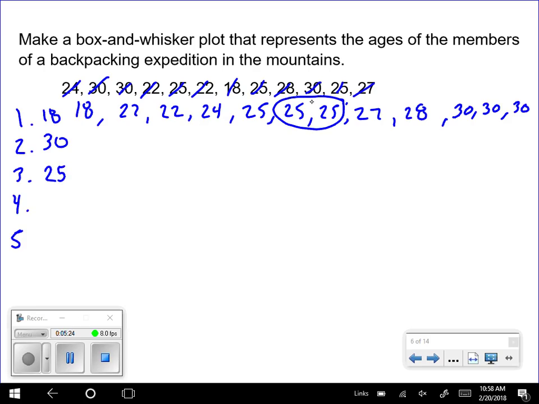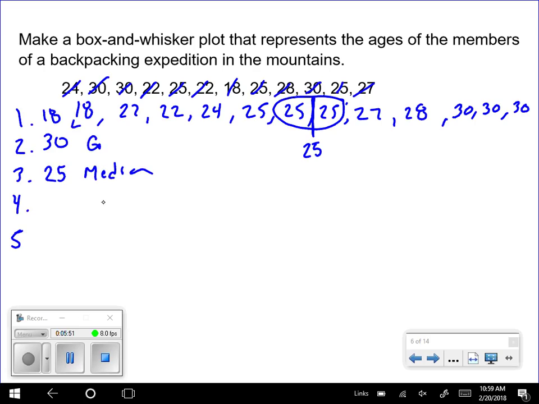Okay, now, this is important. When we have an even number, whenever we find our median in the middle there, technically, this 25 is included in the lower half of the data, and this 25 is included in the upper half of the data. Normally, the median is not included in either, but if we have the middle ground, we have to include those both on both sides. So now, this is my median, this is my greatest,